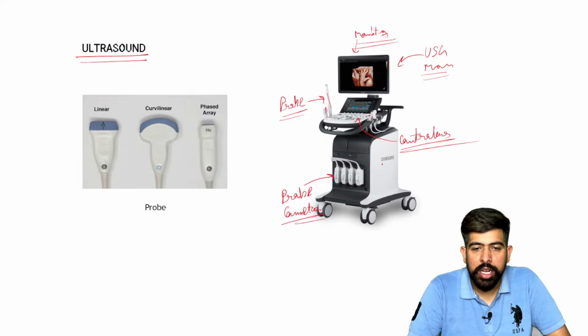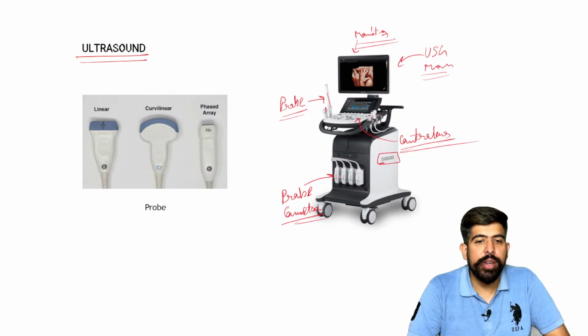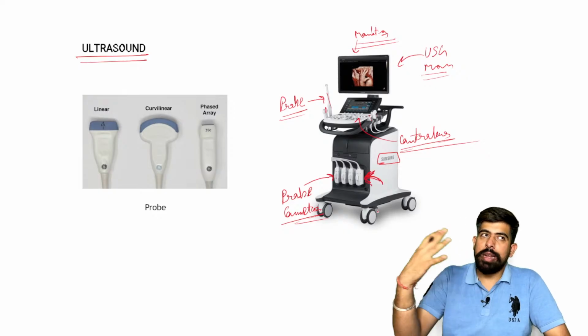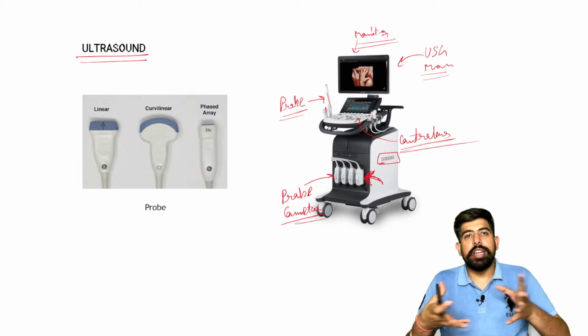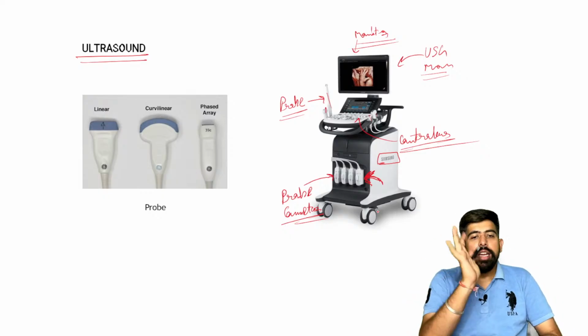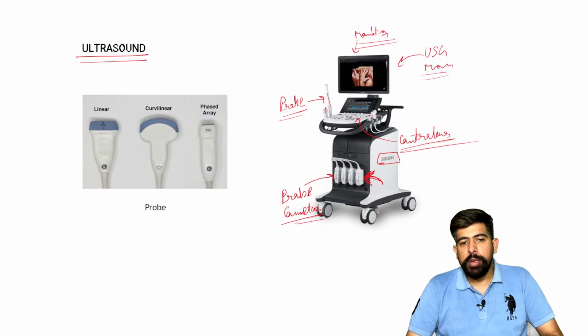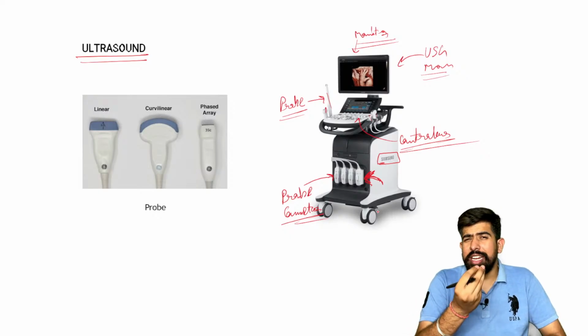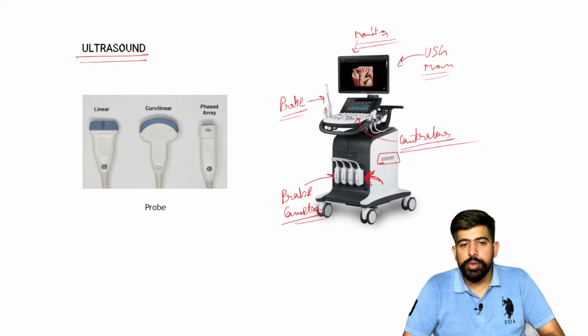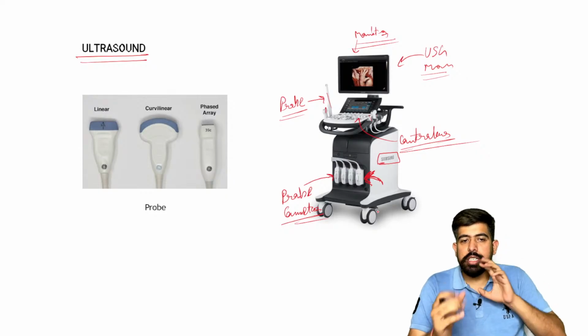Please understand this part: whichever brand of machine it is, it has its own different probes. So only the same, compatible probe can be attached to the machine. It's not like probes from any older machine can be attached to a new generation machine. That is never possible. We have to use the compatible probe, I'm not saying the same brand, but the compatible one.